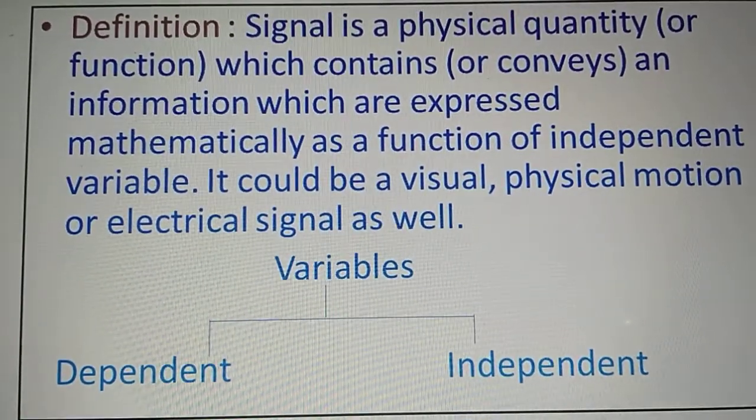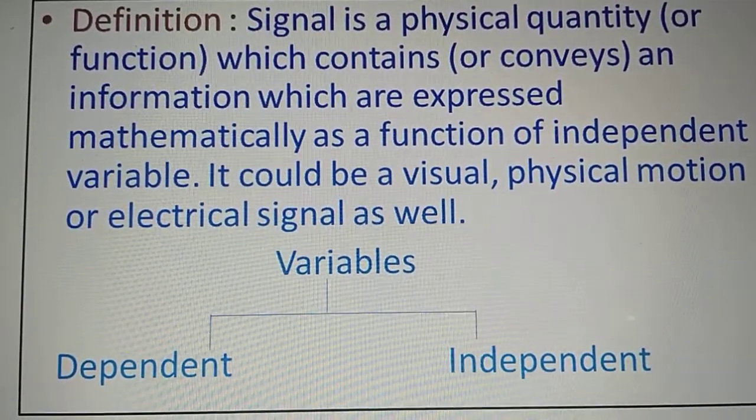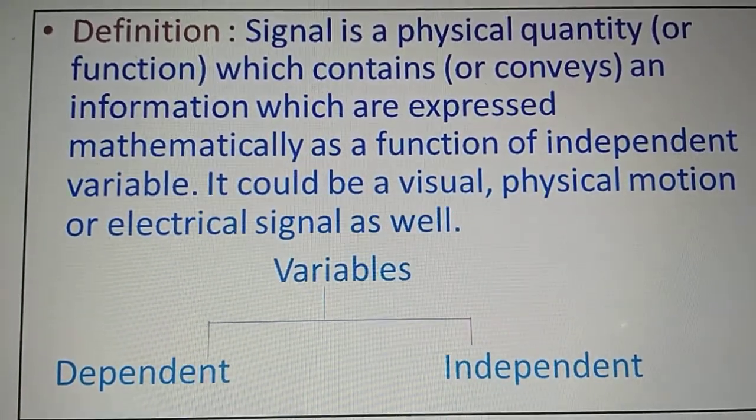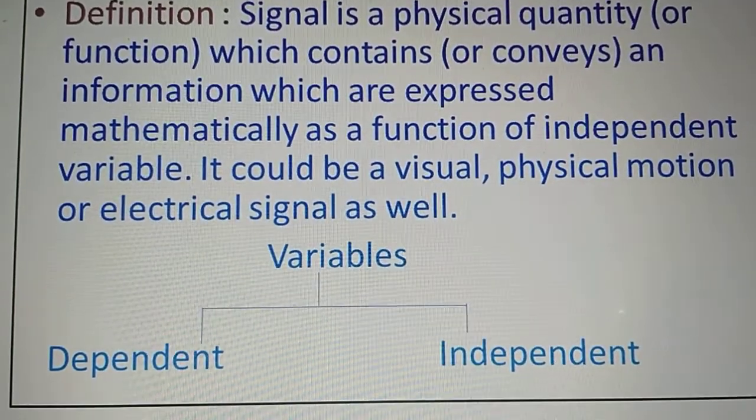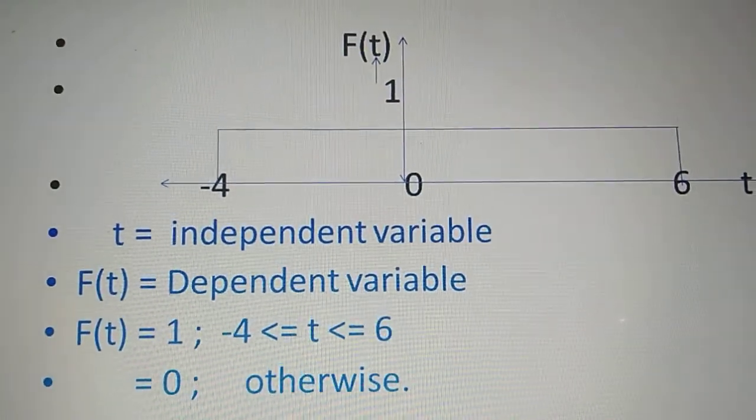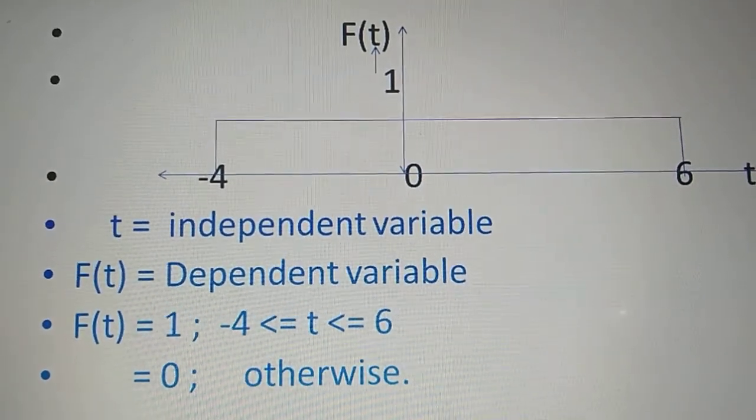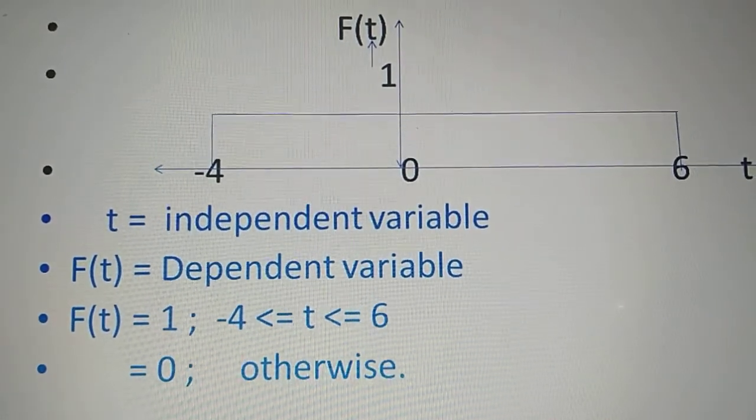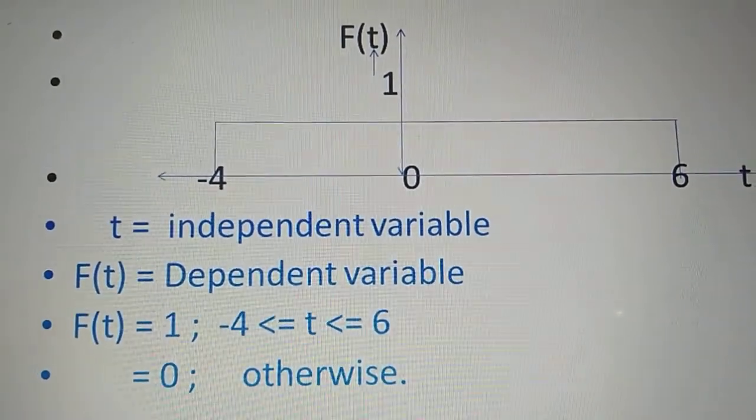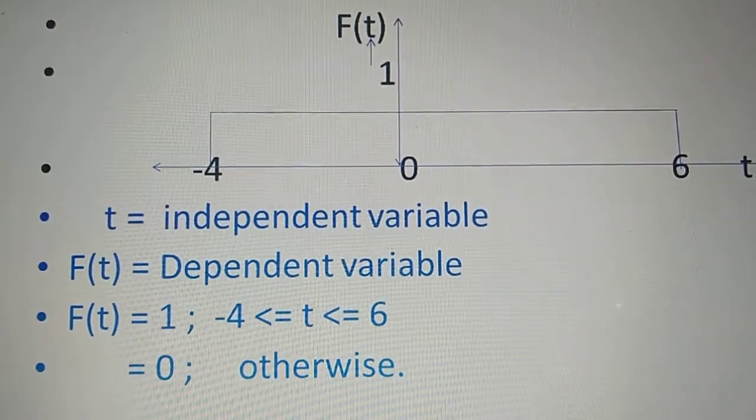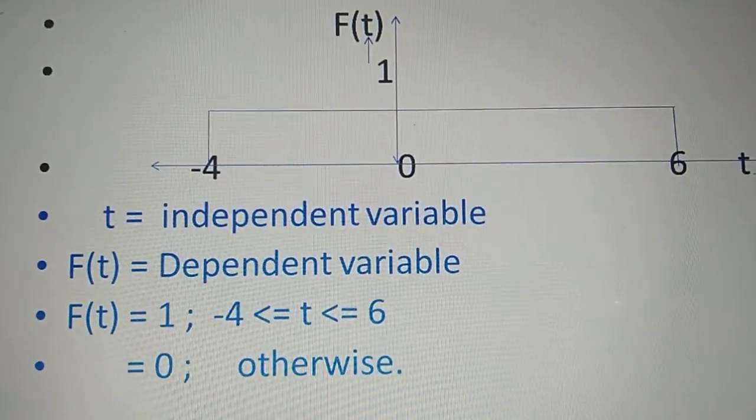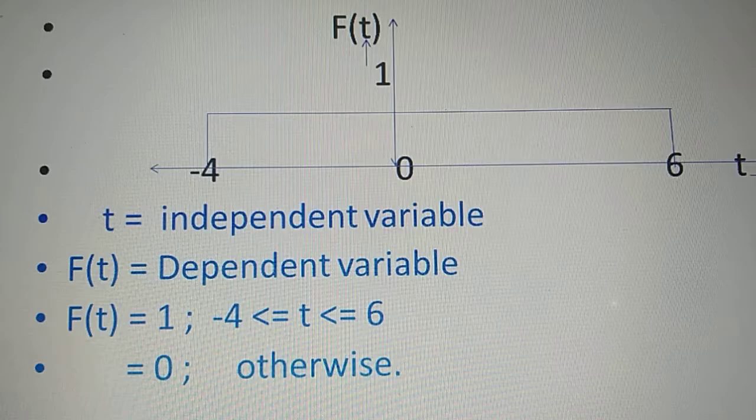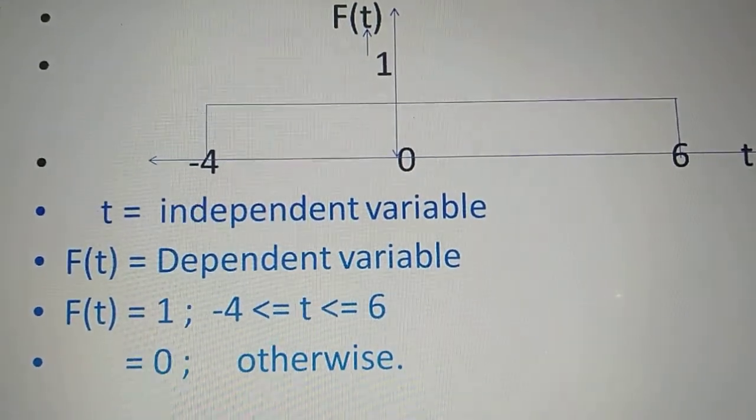And to make one more definition of the signal, we considered the variables. The variables are of two types, dependent variables and independent variables. If you plot a graph of the independent variable against the dependent variable, let us say time is the independent variable and f of t is a function which is the dependent variable, then this signal gives you some information, and that information we have interpreted mathematically. That mathematical function f of t